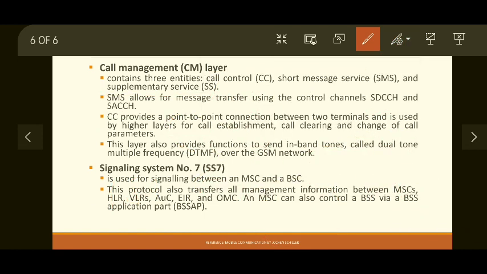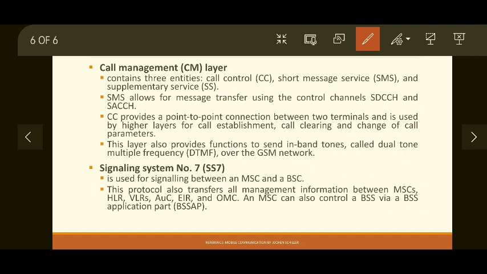So that is what is mentioned. SMS allows for message transfer using control channels. Voice or user traffic is not intended for this one, so it can be sent via control channel. Then call control provides a point to point communication between two terminals, that is two users, and is used by higher layers for call establishment, call clearing, and change of call parameters.